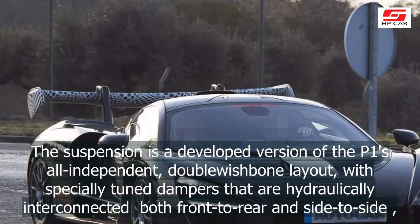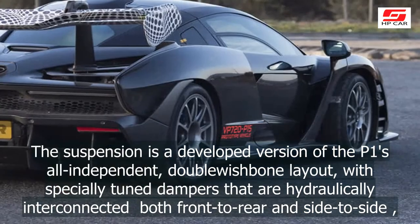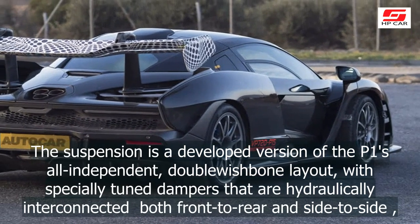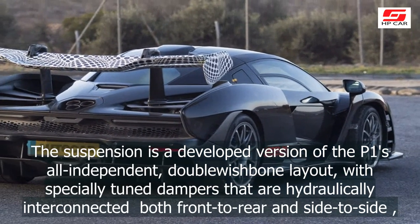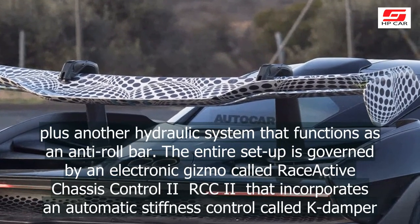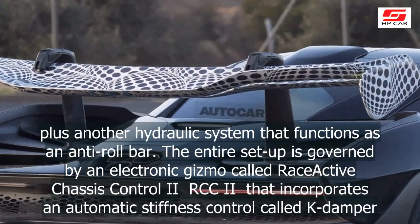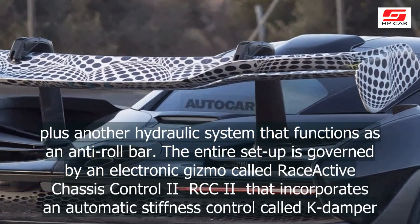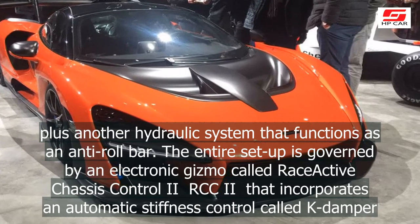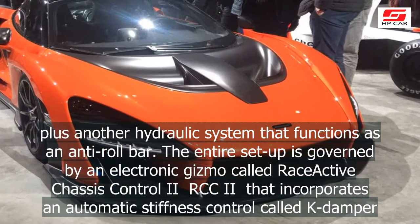The suspension is a developed version of the P1's all-independent, double-wishbone layout, with specially tuned dampers that are hydraulically interconnected both front to rear and side to side, plus another hydraulic system that functions as an anti-roll bar. The entire setup is governed by an electronic system called Race Active Chassis Control 2, RCC2, that incorporates an automatic